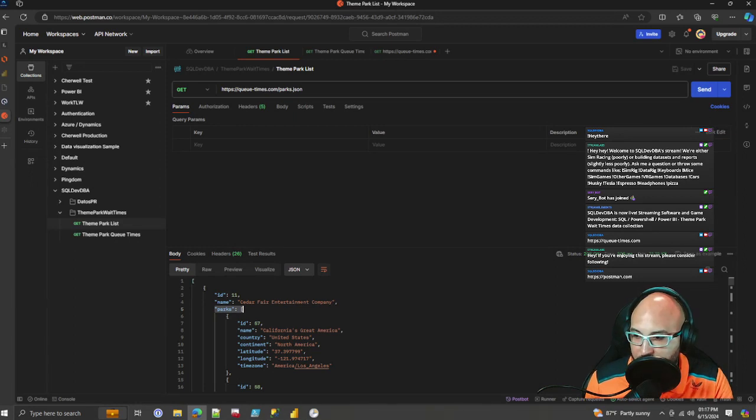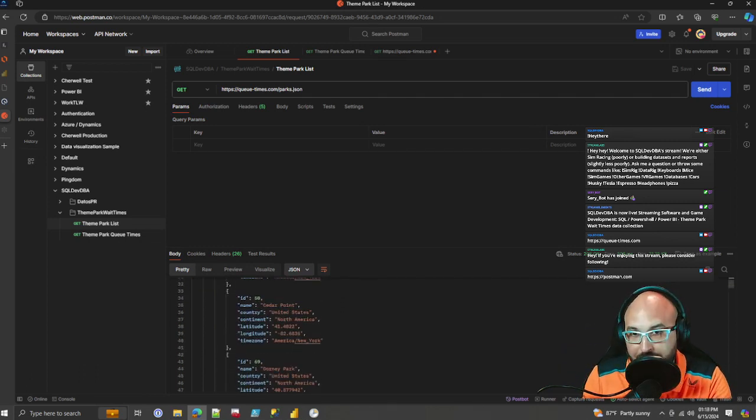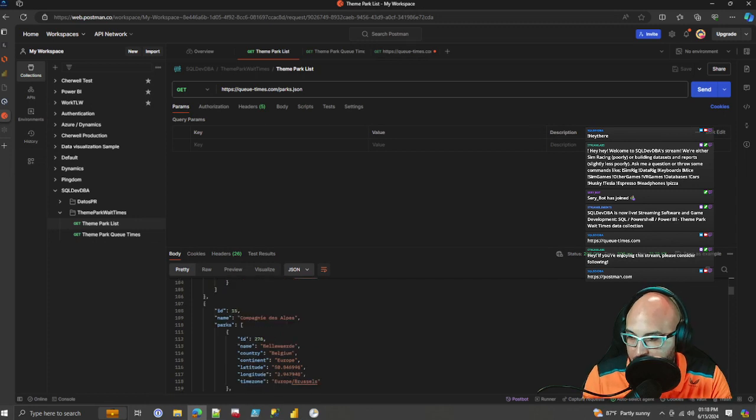So this is California's Great America, it's Park ID 57. The country is United States, the continent is North America. Here's the latitude and longitude, and it also shows you the time zone. And for each park inside this company, it has one entry. And then when you get to the next company, here's the next company